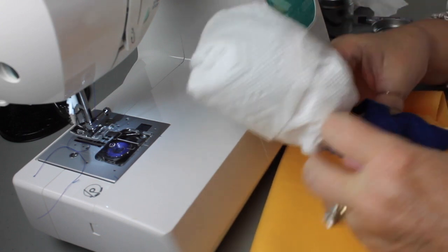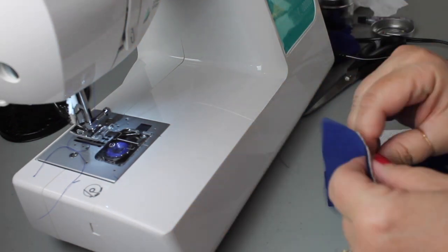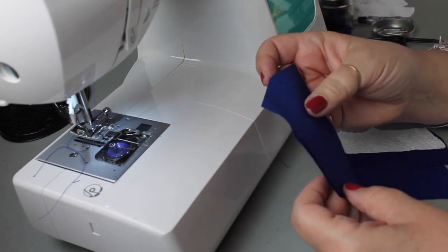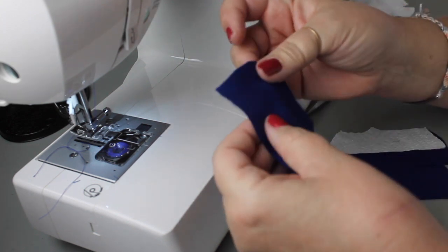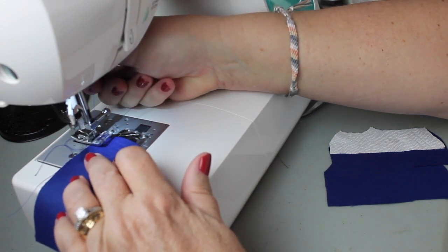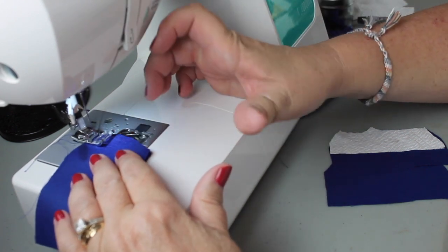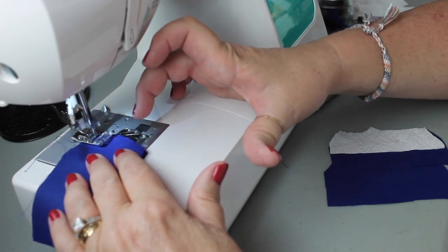And we'll know more once we get the back part on and we can do any adjustments that we need in the seams. So now with the backs, I'm going to do the same thing. Although I started out just doing the bottom part thinking I might do something different with the top, but then after I folded it, I realized that it really does need to be sewn at the top and the bottom for it to fit with the bodice that we've already done. So right now I'm just going across the bottom part and sewing that